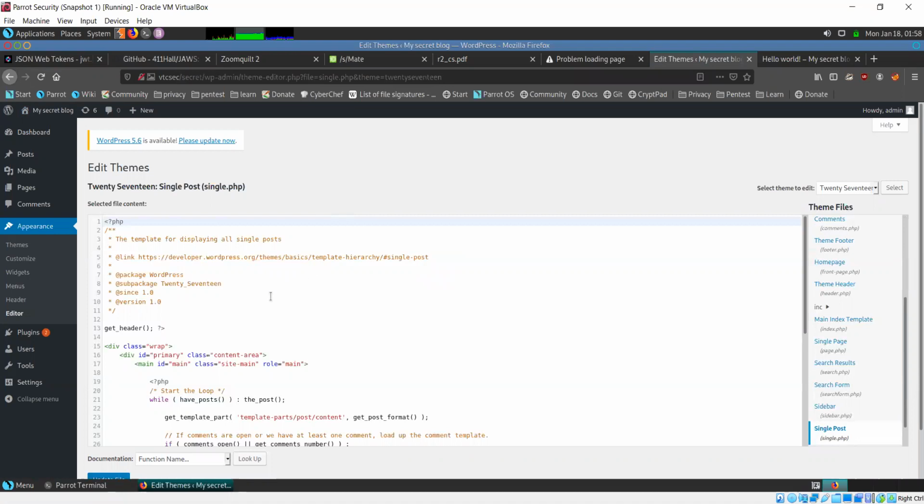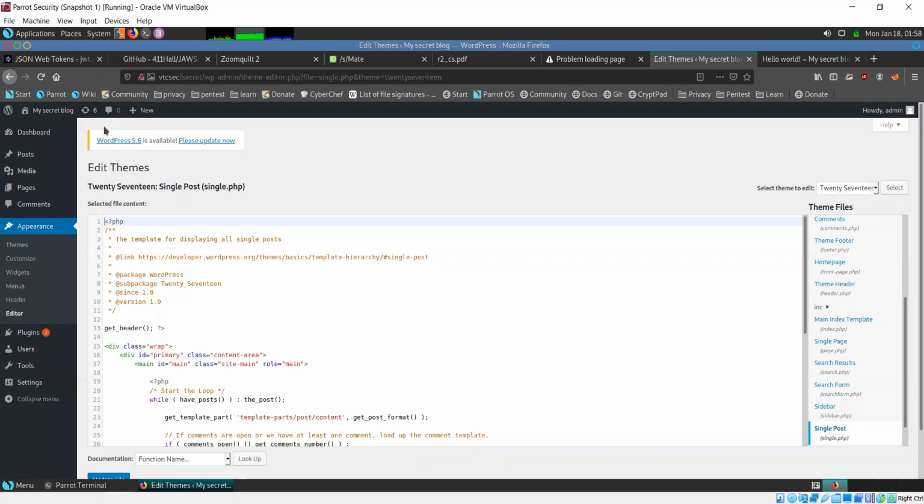Now what I can do is, in place of the code that is already here, since I can edit this, I can make any changes I want. My goal is to get shell access. Okay, that's my goal. Now I can insert a custom code. I can entirely change the code here, and I can write the code to get a reverse shell on the system. So reverse shell is where you get the target system to connect to your system.